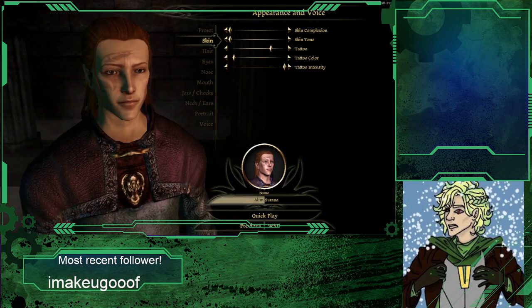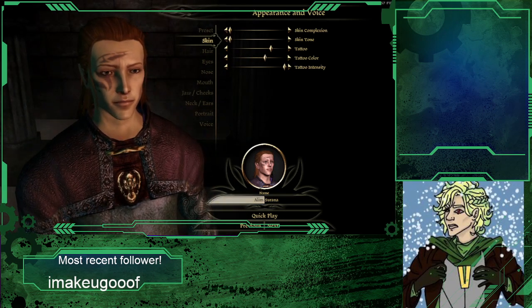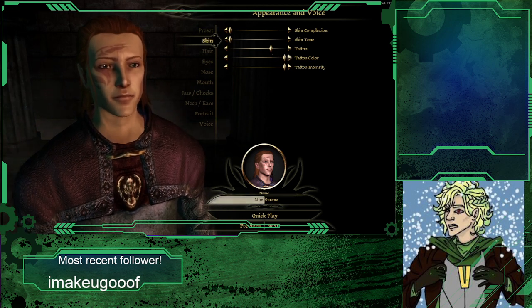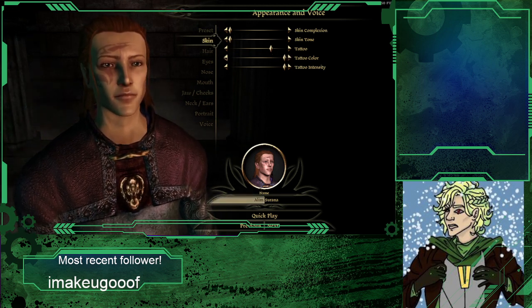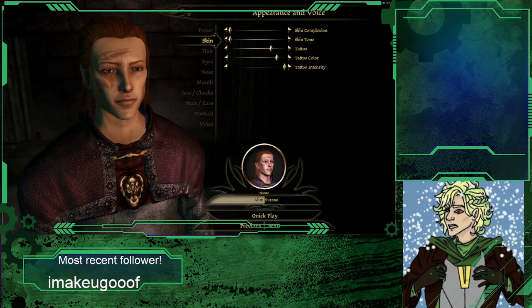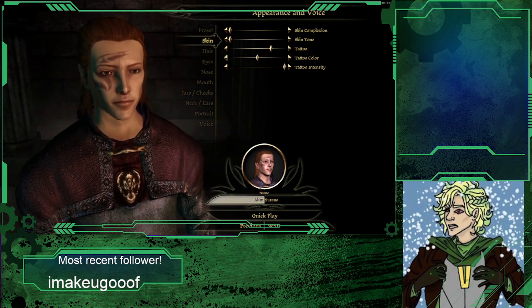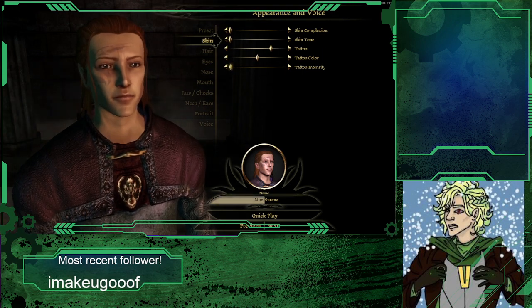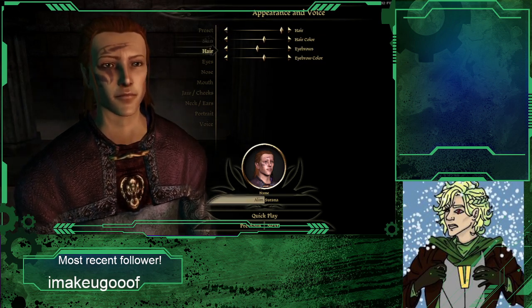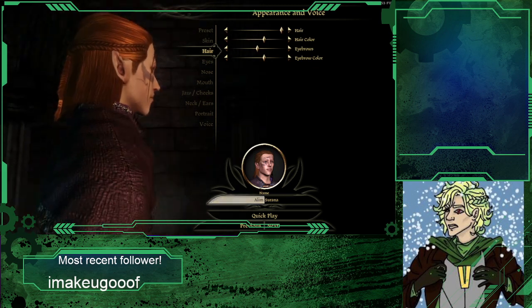Tattoo color. Wow, they're not very bright. Maybe the other games in the future will get brighter. Let's go with that color. Tattoo intensity, so I can make it fade. Nah, full intensity. Hair. That hair sucks.